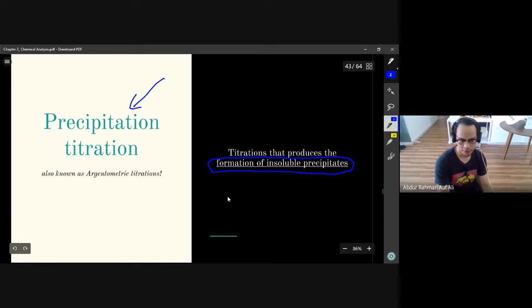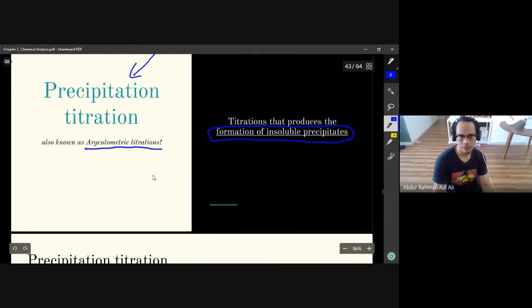Okay, so kalau kita titrate anything and dihasilkan mendakan, and the color change comes from the reaction of the indicator and the mendakan, itu adalah sejenis precipitation titration. And it is also known as argentometric titration. Why? Because